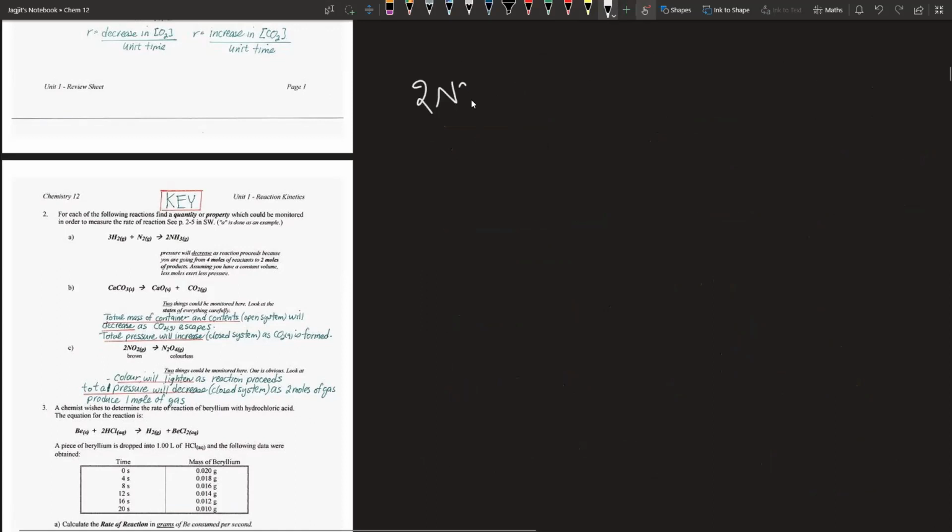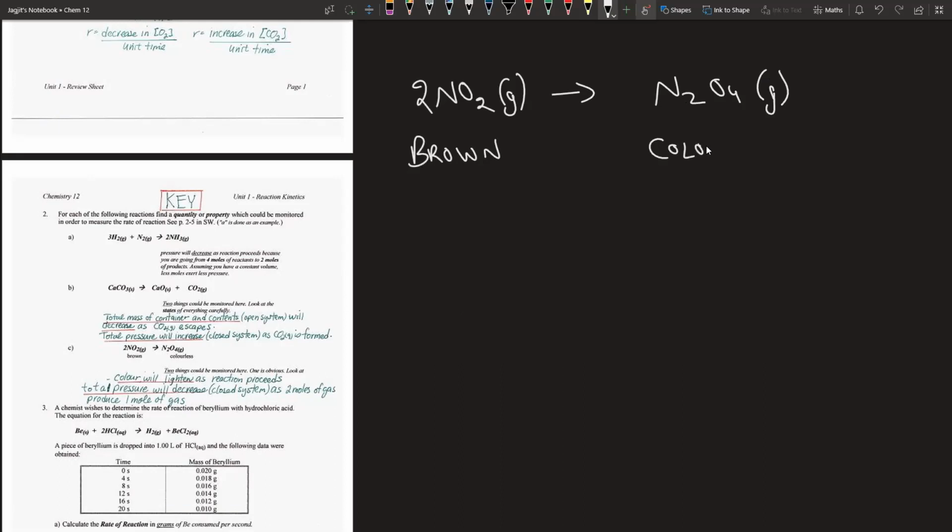We have 2NO2 gas, and they say it's brown. And this turns into N2O4 gas. And this gas, they say, is colorless. Question is, what are the different properties that you can use to measure the reaction rate? Well, first, let's talk about the moles. How many moles of gas do I have on the left? 2. On the right? 1. My moles decreased,